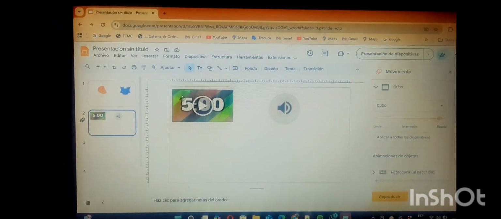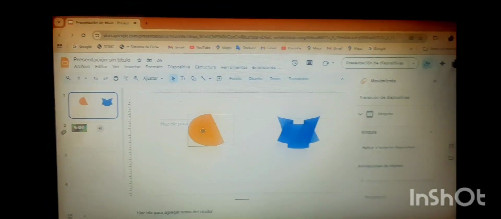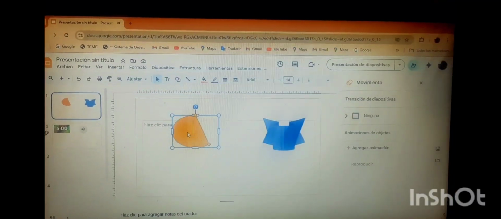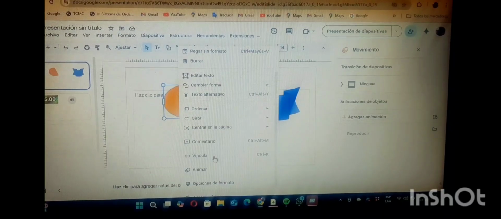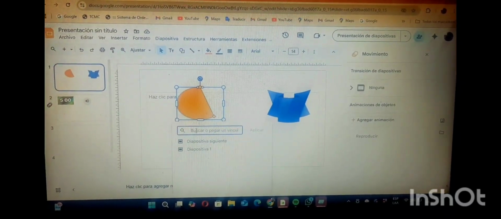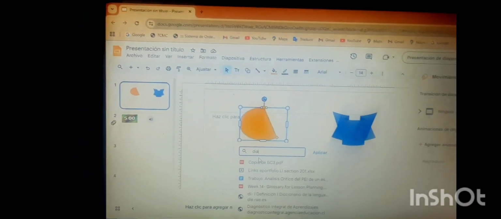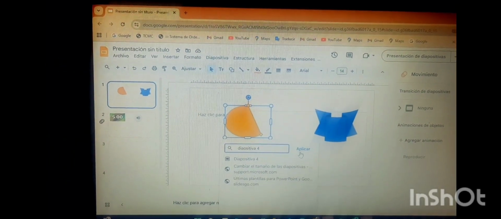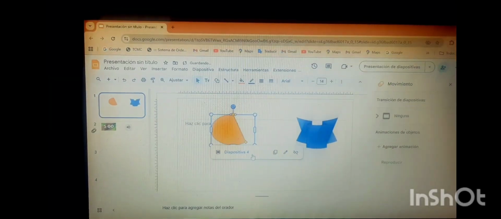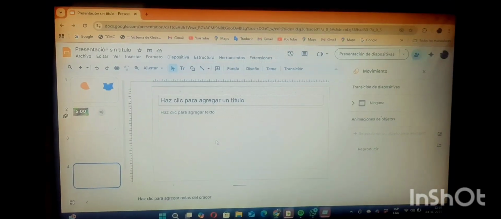Finally, let's move on with the use of hyperlinks. Click on this shape. Let's move on with Link, and I will write this. And there is the hyperlink. Now let's go with